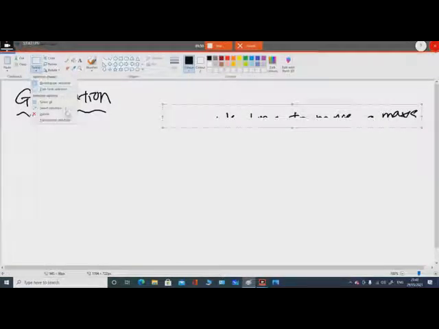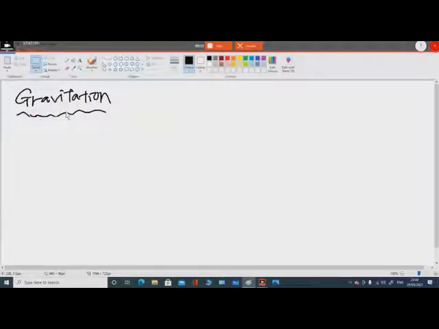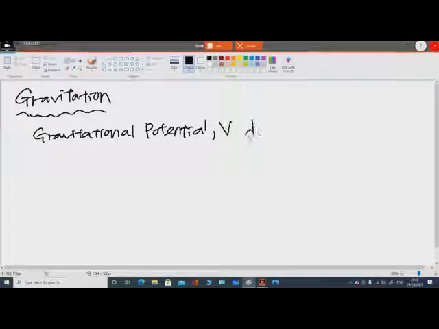So what actually is the meaning of gravitational potential? Gravitational potential, which is denoted as phi, is defined as the work done, which is the same as gravitational potential energy,